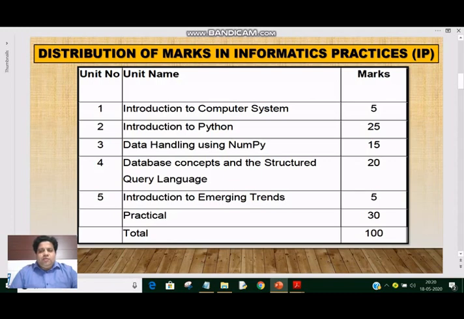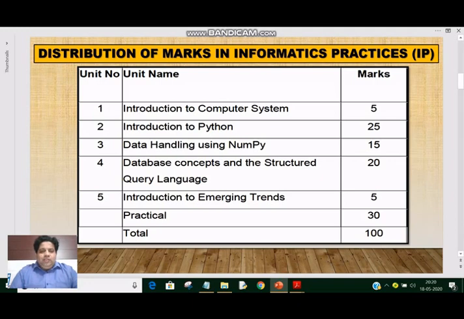It consists of only 5 marks in class 11th. Then the main part, Introduction to Python, 25 marks in class 11, and this portion is also asked in board exams. So next year you will get questions on this topic in board exams also.